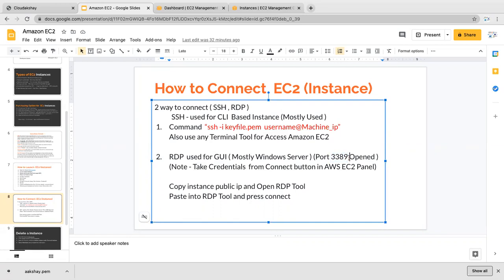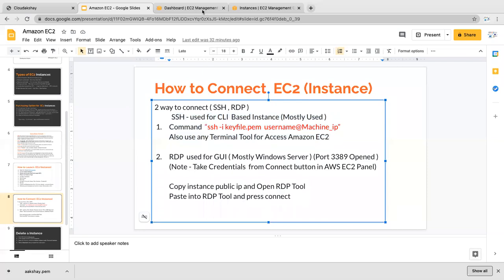It should be opened in your security group, and you can take the credentials from the Connect button in AWS. We will see this option next. Today we are going to see only SSH.